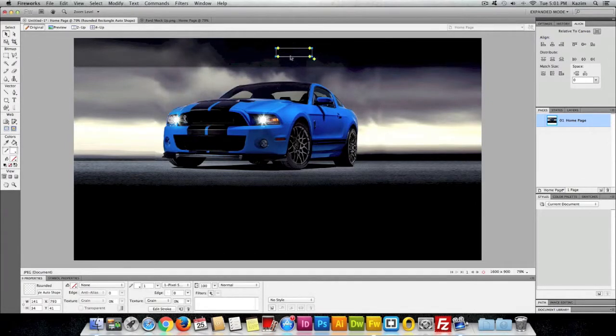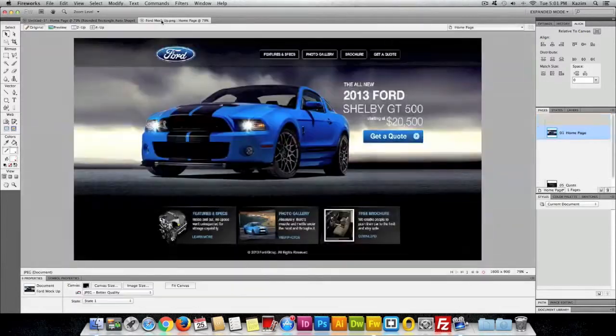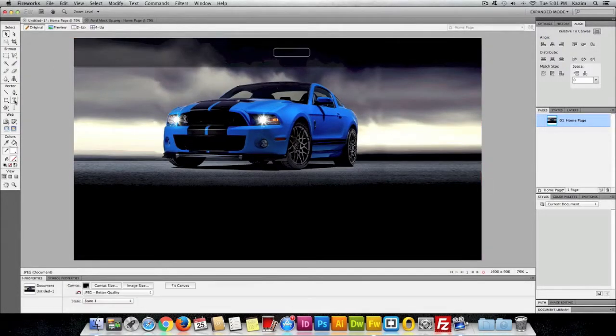Now our first button is ready. Second thing you can do is you can place text inside it. First is the features and specs, so that's what I'll be writing here. I'll grab my text tool here from the toolbar on the left, click on this and just click on the canvas and write